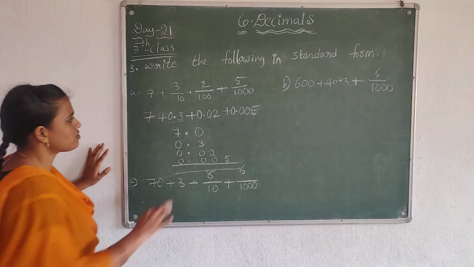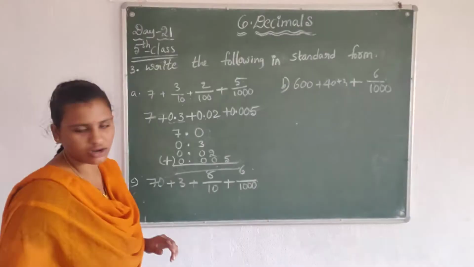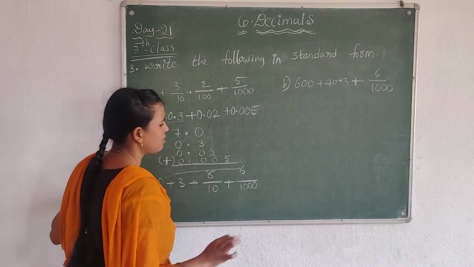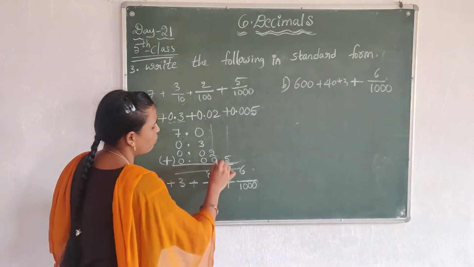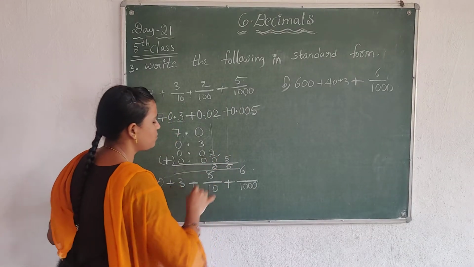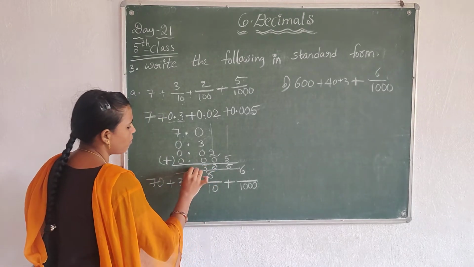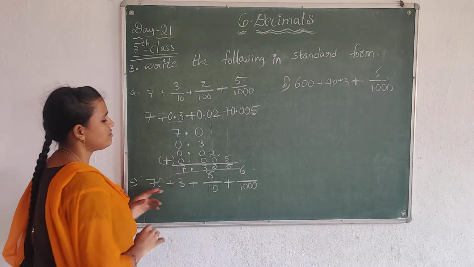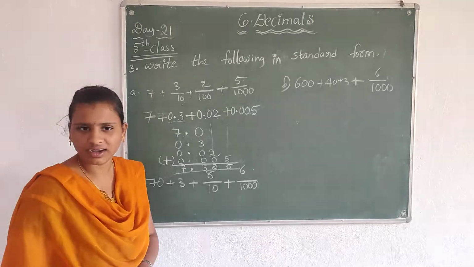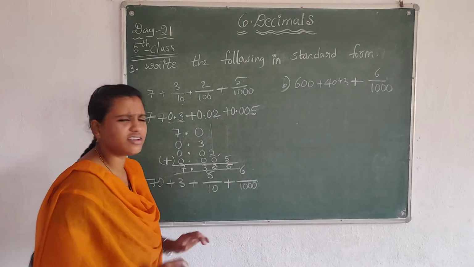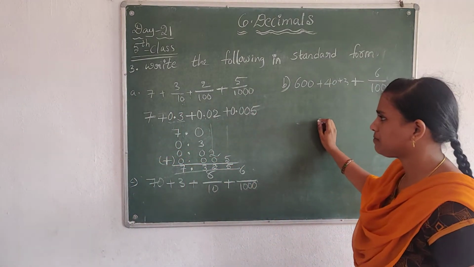Understood children? So these all are plus. That means addition. So do the addition now. Are there any numbers? No. So write the 5. Are there any numbers? No. Only we have 2. So write the 2. Here, are there any numbers? No. We have 3. 3.7. 7.325 is the answer of this question. Understood children? Is it easy or tough? Very easy.